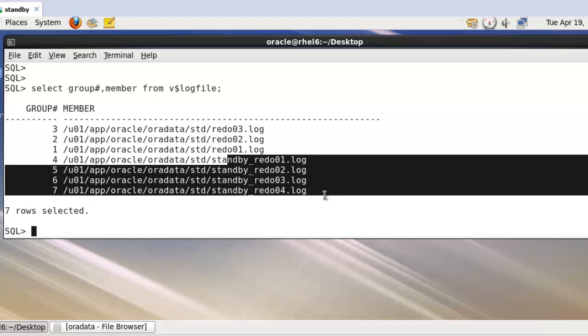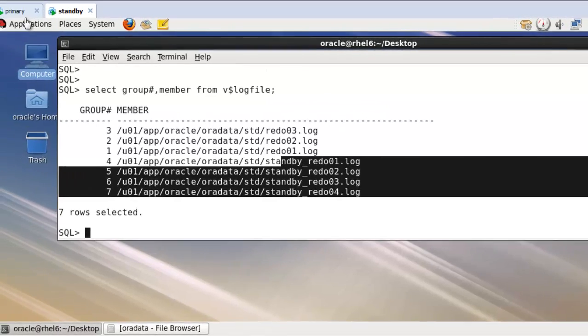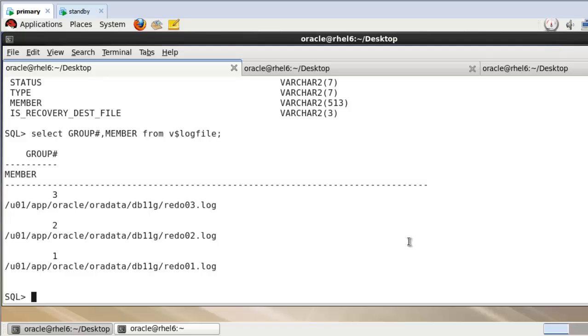We need to create the same standby log files on the primary server also, in case you are planning to switch the role. So if your primary becomes standby, then you need to have standby log files over there. Okay, so now go to the primary server and add log file members. So run this command on the primary machine: alter database add standby logfile